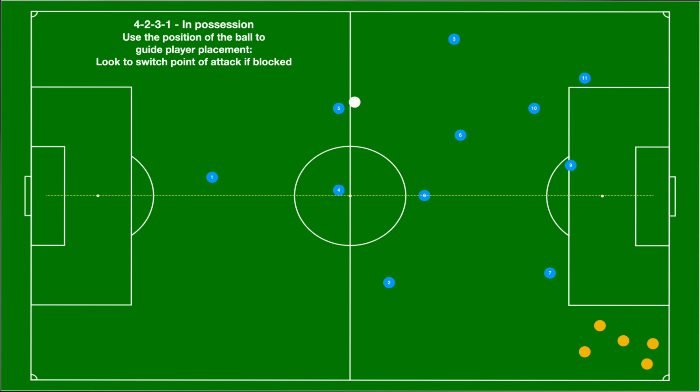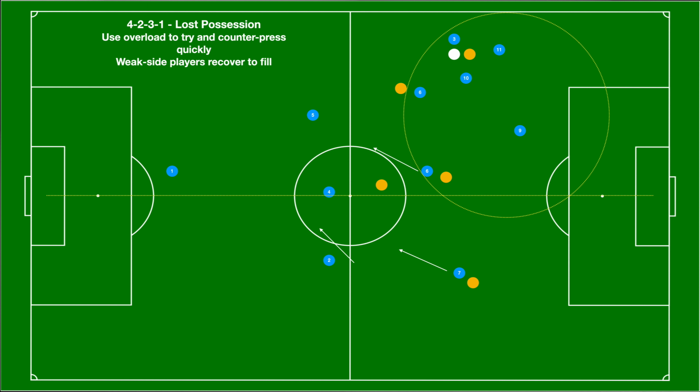If the lanes are blocked going forward, then we can play the switch back through the center backs, the double pivot and the fullbacks switch out, and now we can bring the ball through the other side. In a loss of possession, because we have overloads in the area, the first choice is to counterpress, to swarm the ball with players who are already in the area to try and win the ball high up the field